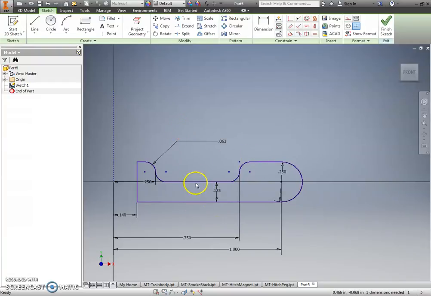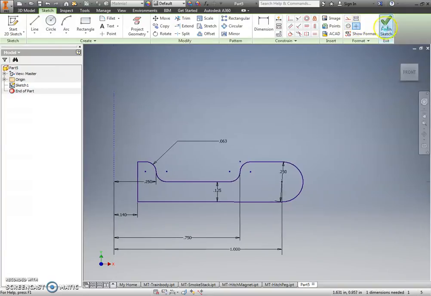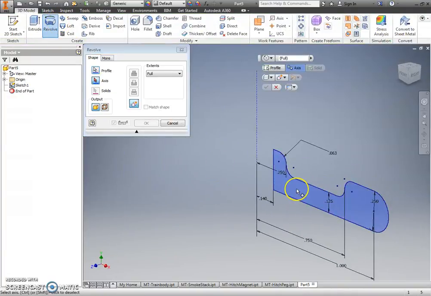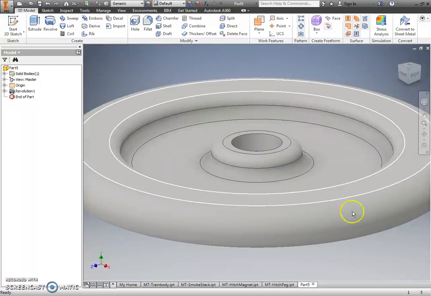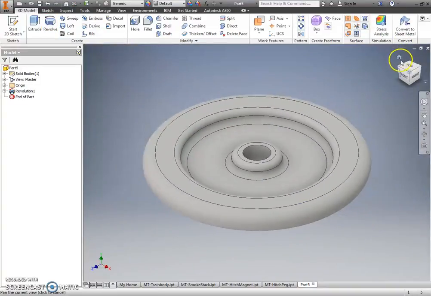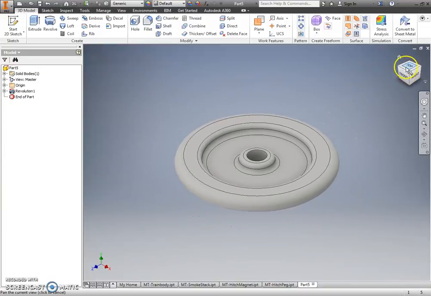If you did trim it and things went to green, I would just leave it untrimmed, and when you choose your revolve command, just recognize that you have to choose 2 profiles now. But it recognizes my profile. I have no issues. The axis is that center line that I created, that construction line. I need it to be fully revolved, so I'm going to leave that alone. I'm just going to say OK. And that gives me the start of